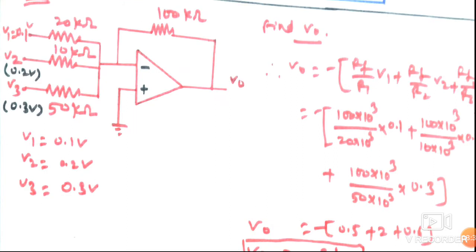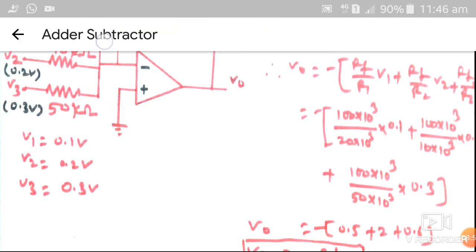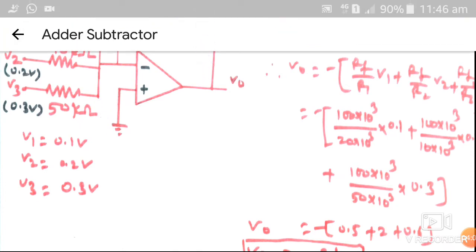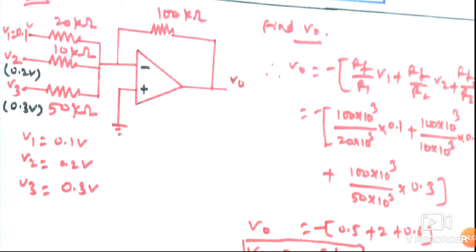Based upon this, we can take one example here. Three voltage sources are connected. V1 is 0.1 volt, V2 is 0.2 volt, V3 is 0.3 volt. These are connected through resistances 20 kilo ohm, 10 kilo ohm and 50 kilo ohm. The feedback resistor is 100 kilo ohm. We can calculate the output V0 from the formula just derived,